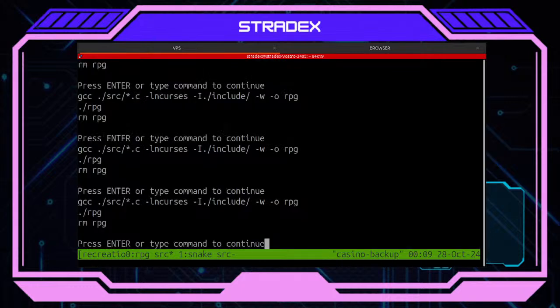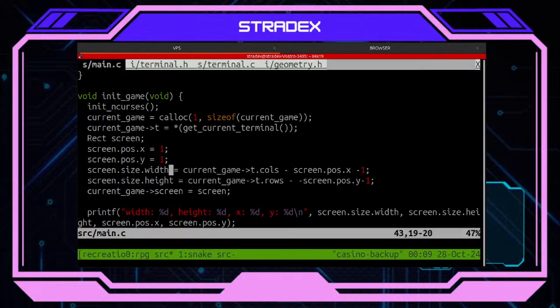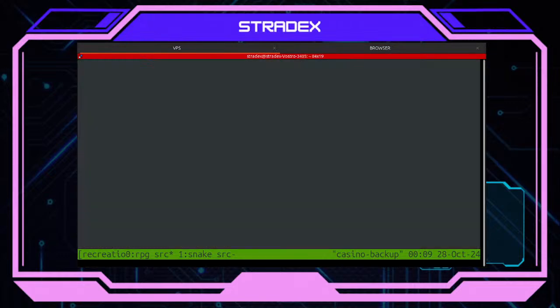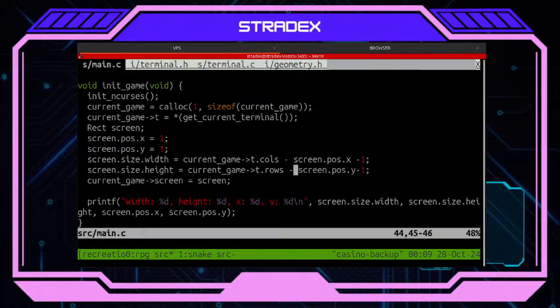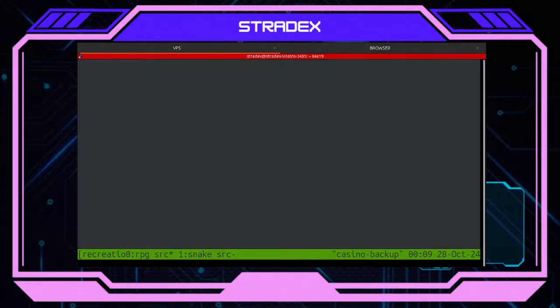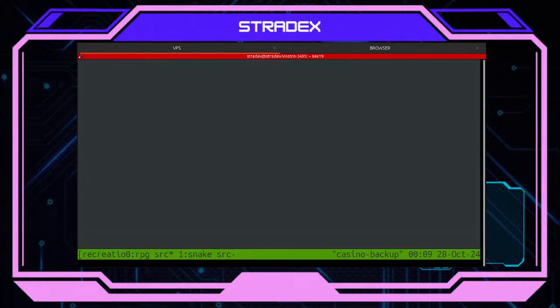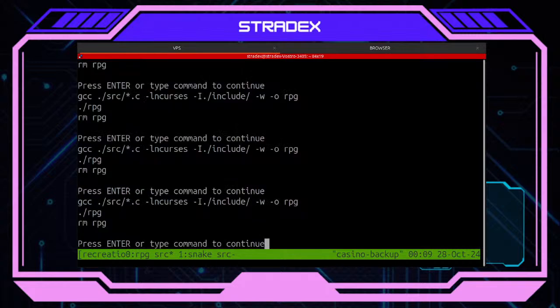Oh no, I know what's happening. I know what's happening here, at least here. What if I say this to 2? Should still be working. Yes, perfect. If I set this to 5, should still be working. Yes, perfect.